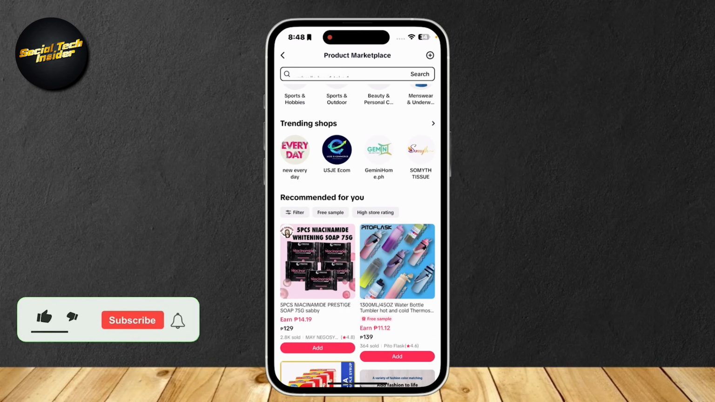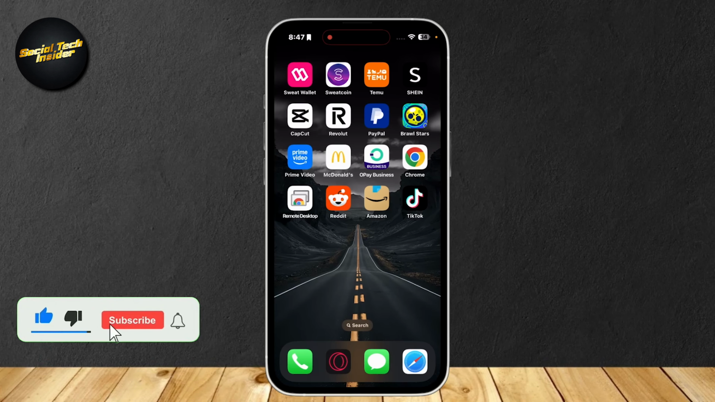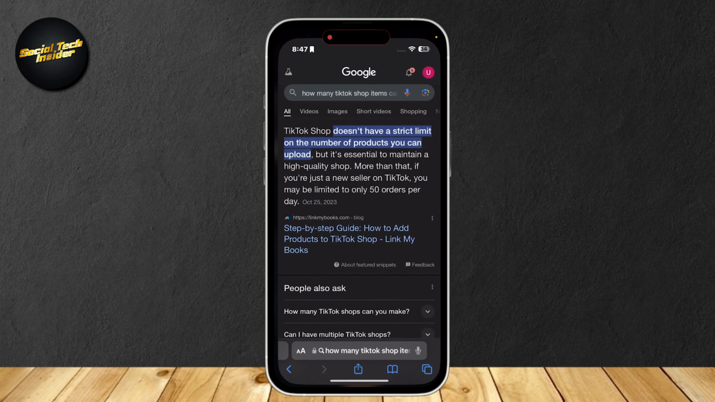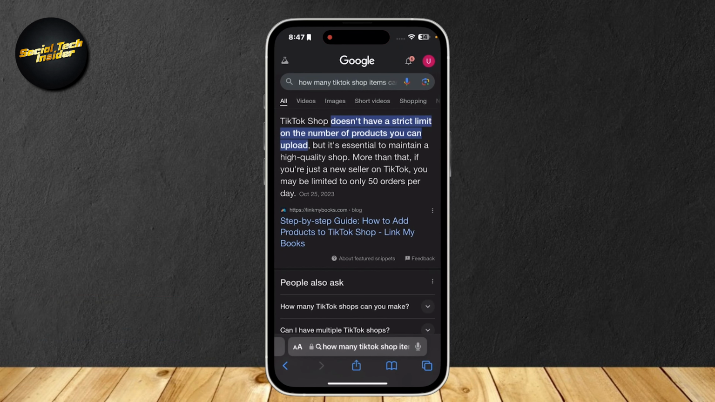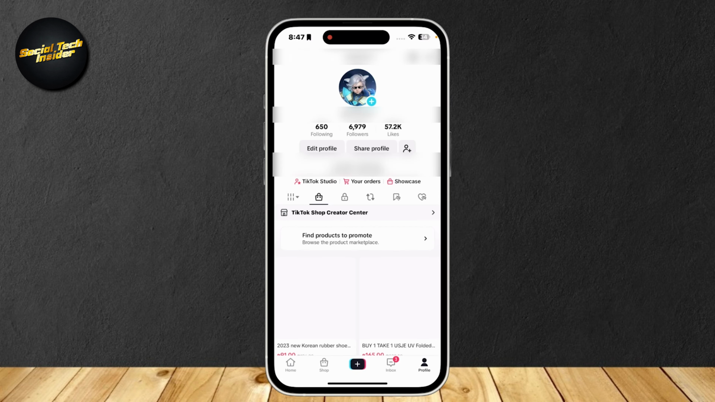So this is how you can add unlimited TikTok shops. There isn't actually a limit on how many items you can put up on TikTok. As you can see from this search right here, TikTok Shop doesn't have a strict limit on the number of products you can upload. But if you meant something else, like the affiliate, and here as you can see under